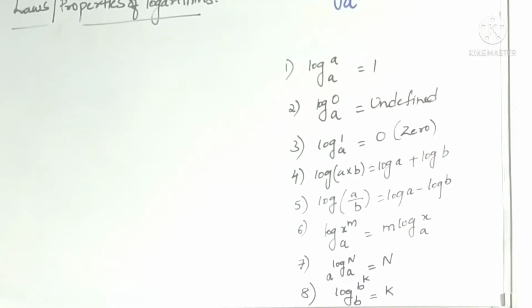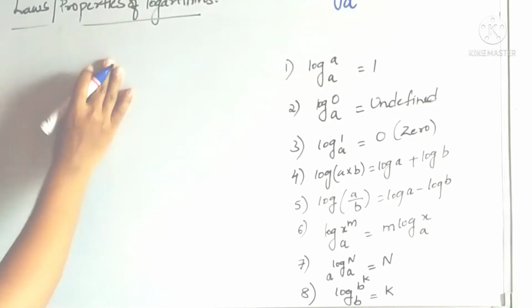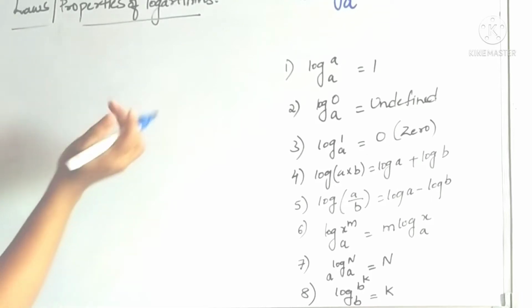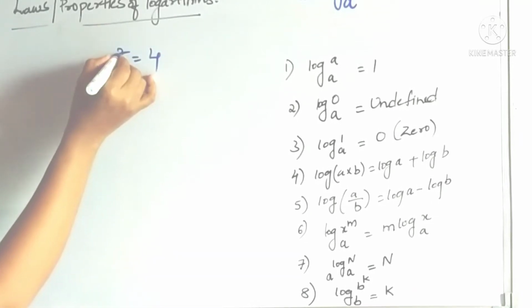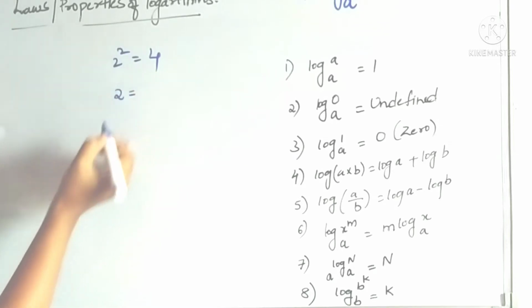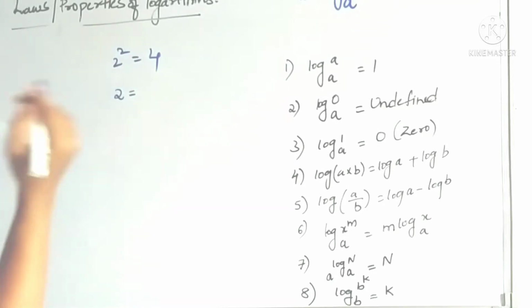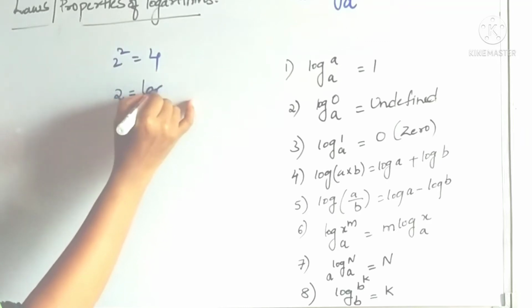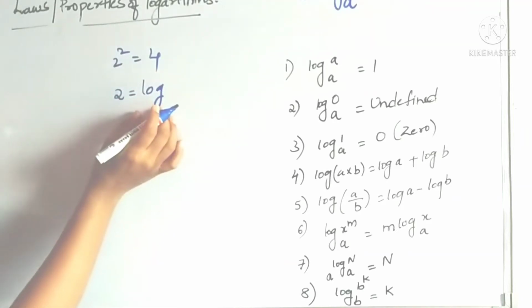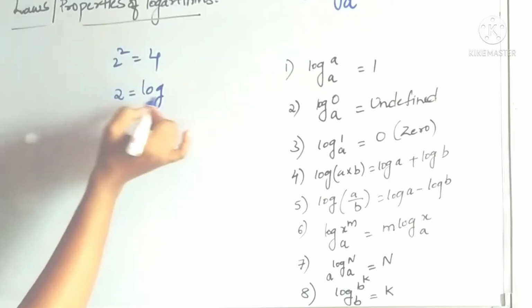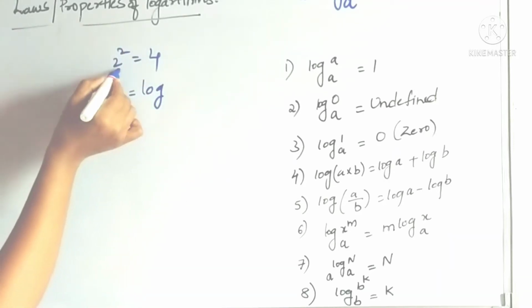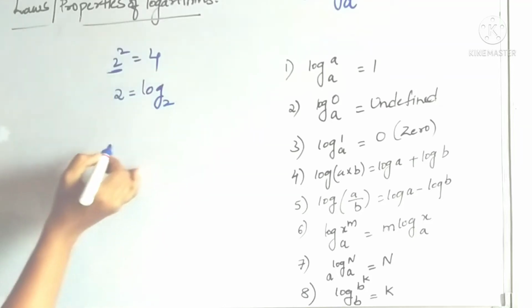Okay, now we will see laws of logarithms or properties of logarithms. So already we have seen how to write an exponent in logarithmic form. If 2 square is equal to 4, the number which is in the power will become LHS or RHS, and now we will write logarithm. Shortcut of logarithm is log. We only write logarithm as log, and the base of the exponent will become base of this logarithm.